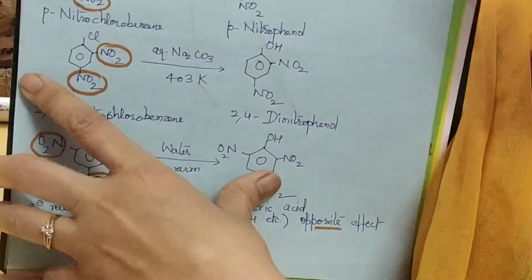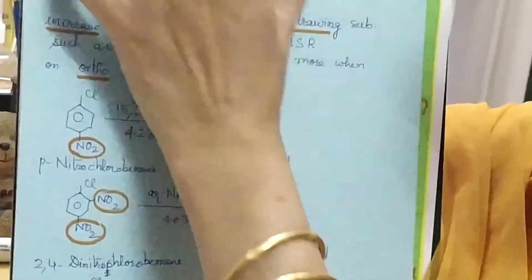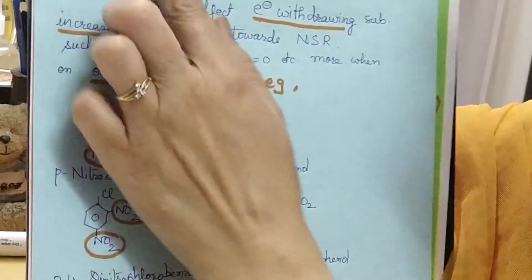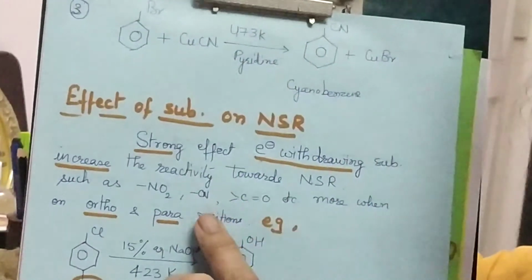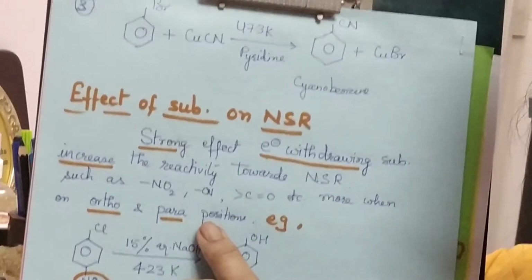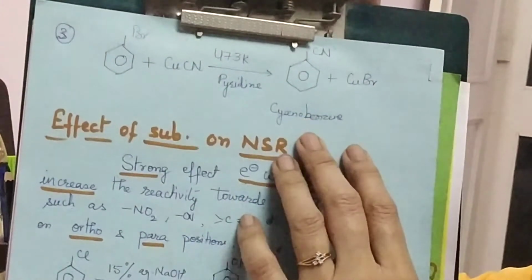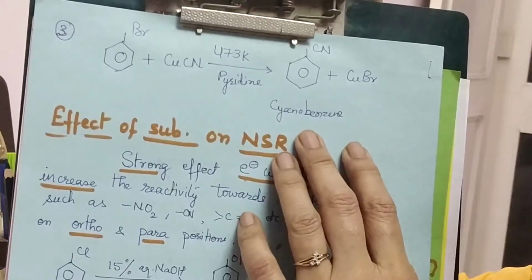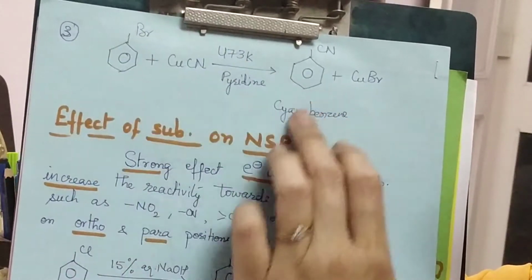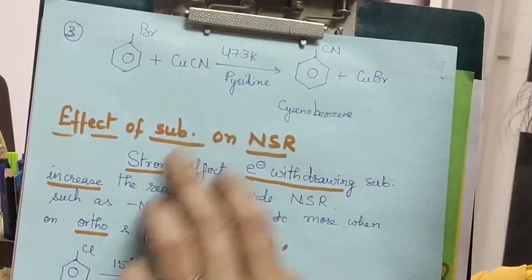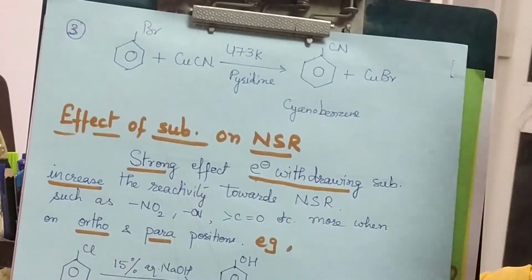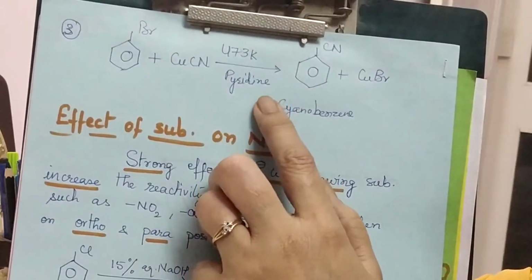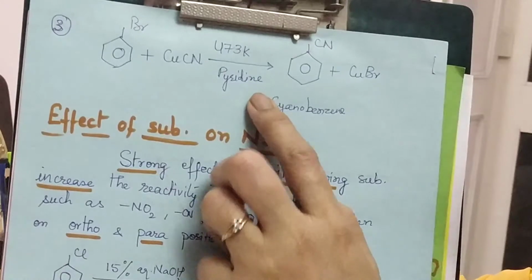That is the replacement of this with cyano group. So I have got here bromobenzene and I treat it with copper cyanide. The temperature I have to use is 473 Kelvin, and in the presence of pyridine as a base, I obtain cyanobenzene here. This particular reaction again shows you that even with a strong nucleophile such as cyanide ion, CN negative, I